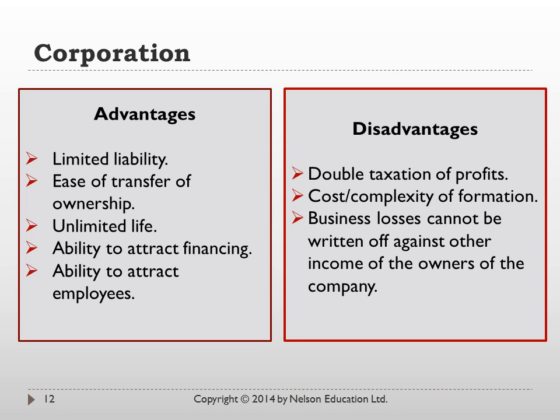Then the corporation may decide to distribute some of the profits to the owners or the shareholders in the form of dividends. The board of directors meets and decides that we are going to return some of the profits back to our investors, our shareholders, and they declare a dividend of, let's say, $1 per share. For every share that an investor has, they will earn $1. Those are what we call dividends.